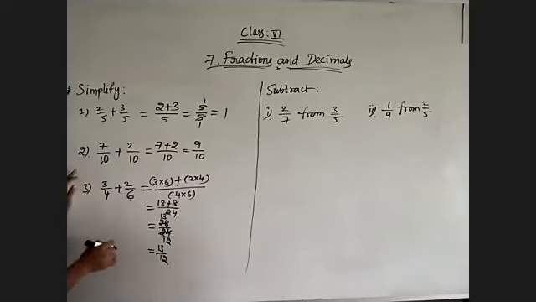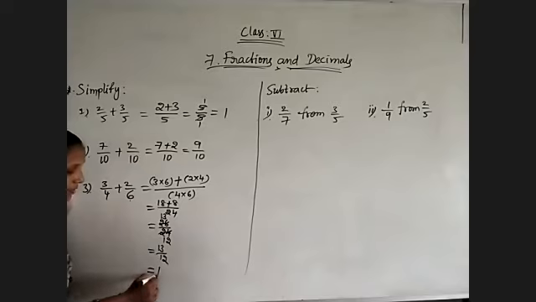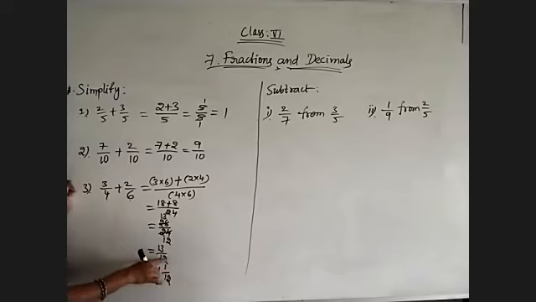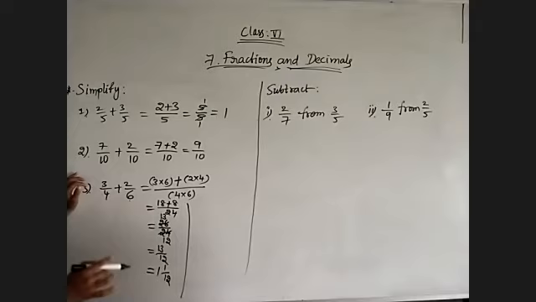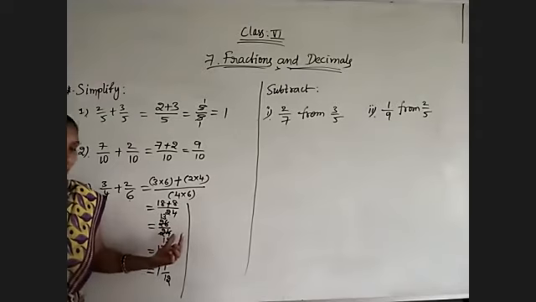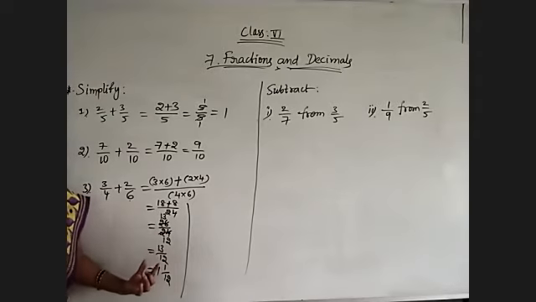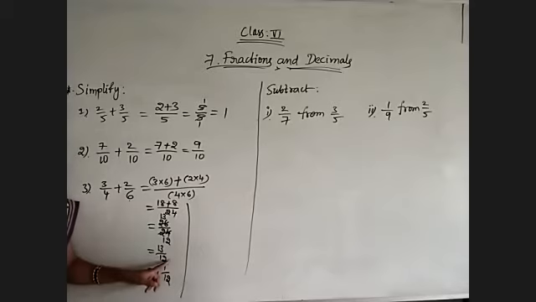Yes. Convert it into a mixed fraction. 12 ones are 12. 12 plus 1 is 13. So 1 1 by 12. So the same question. See, whenever you are doing cross multiplication, sometimes you will get the lowest form, but most of the time you will not get it in the lowest form. In that case, compulsorily you need to convert them into the lowest form. If they are improper fractions, then convert into mixed fractions.